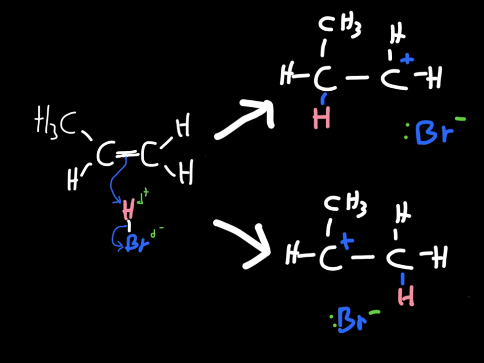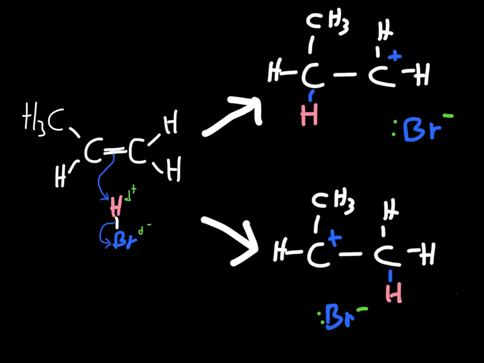To understand this, there are 2 ways to look at it. There's the simplified way, and this is the simplified way. The simplified way is this: to form the major product, the hydrogen always adds onto the carbon that already contains more hydrogens. So the hydrogen for the major product adds onto this carbon because it's got 2 hydrogens compared to this carbon, which only has 1. But the real reason behind this is a bit more complex,